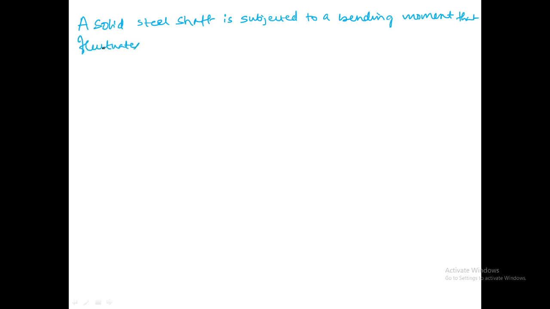A solid steel shaft is subjected to a bending moment that fluctuates between 600 Newton meter to minus 200 Newton meter,